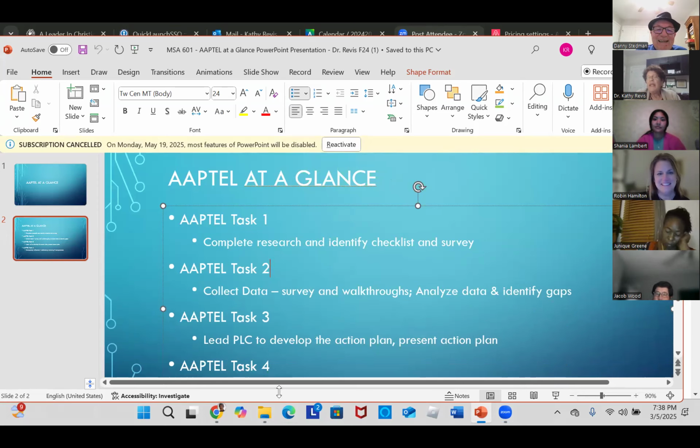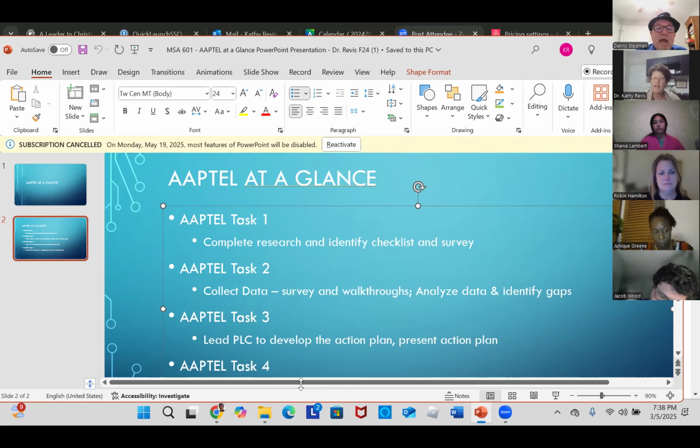So the biggest difference between the APSL that you finished or are finishing and the APTEL is that now your focus is on teachers, teacher leadership within the classroom and throughout the school. So again, for the APTEL, your focus is teachers.